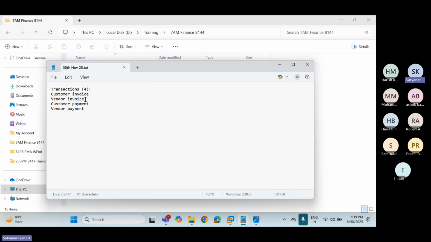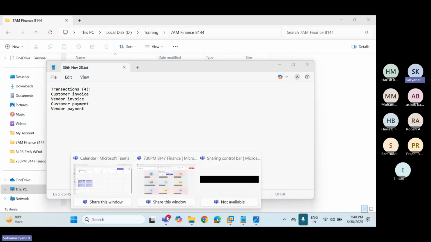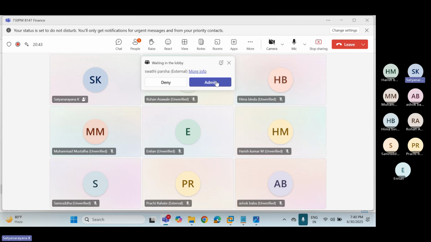These 4 transactions are very important: customer invoice, customer payment, vendor invoice, vendor payment. Okay, so for customer invoice, whenever you are learning customer invoice,